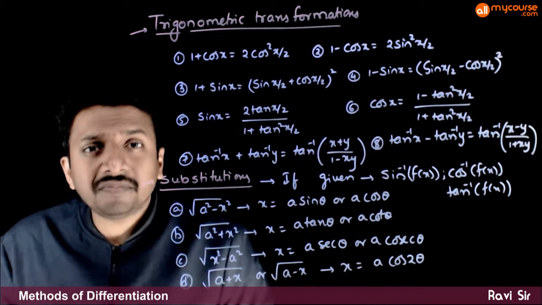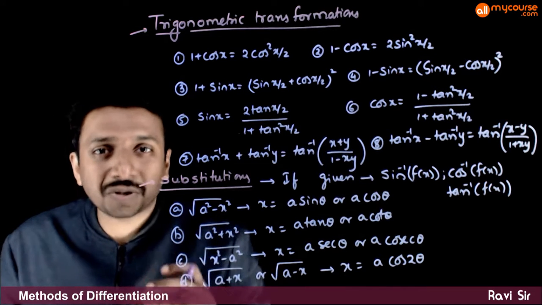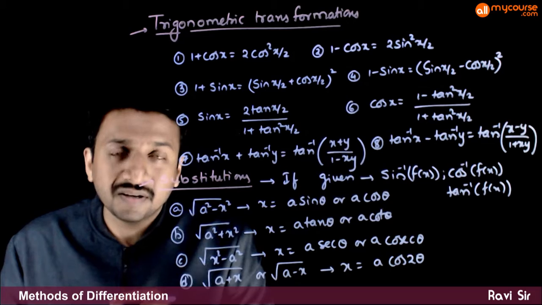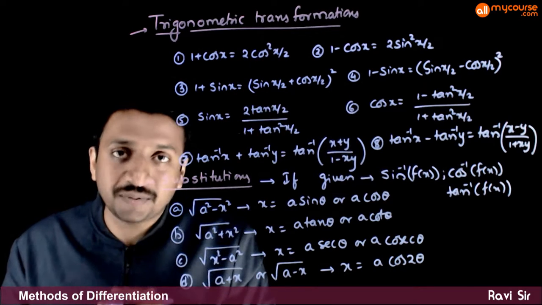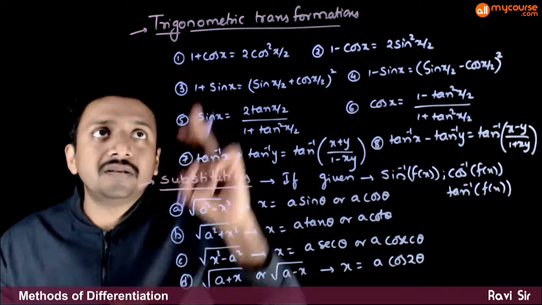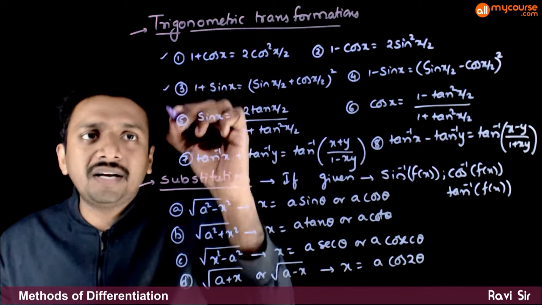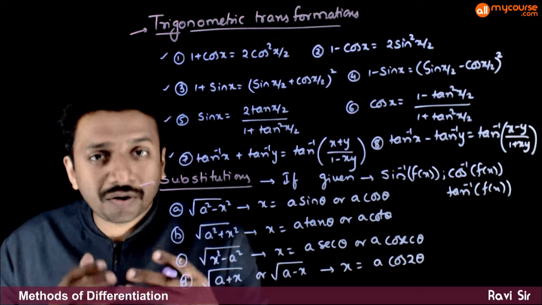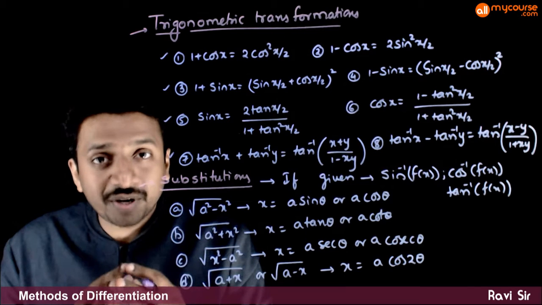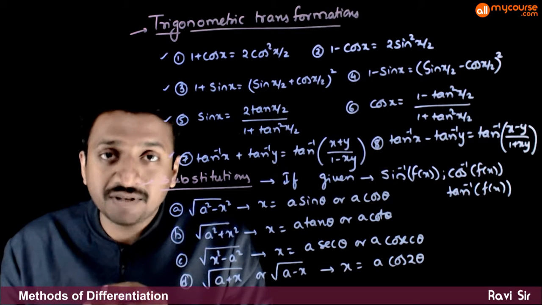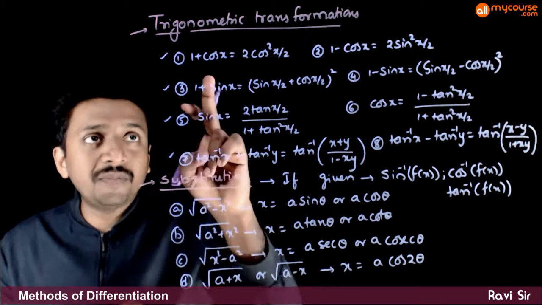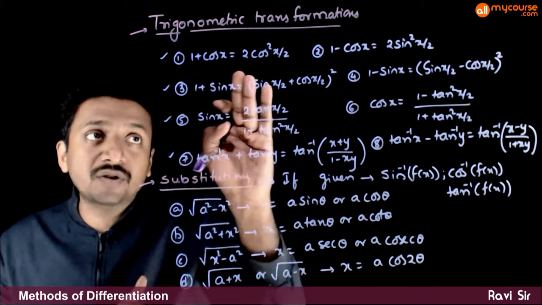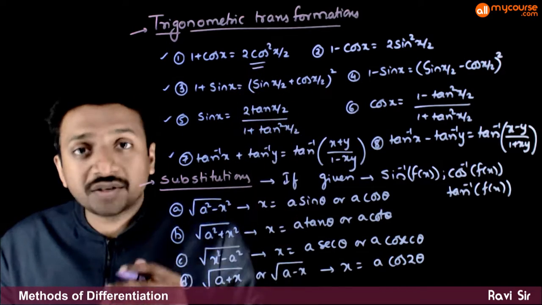So in solving some questions on differentiations of inverse trigonometric functions, you might need some trigonometric transformations and substitutions. Some formulas which you have learned in your trigonometric chapter and inverse trigonometric chapters will be useful in differentiations. The formulas that are most useful are 1 plus cos x is equal to 2 cos square x by 2,